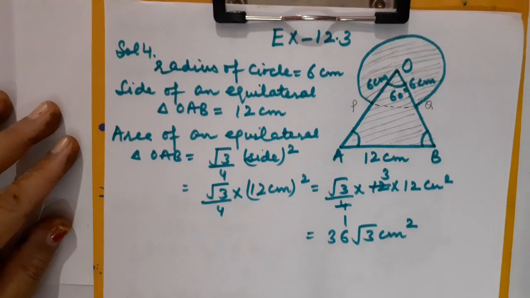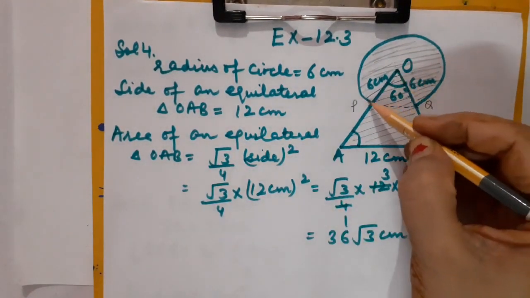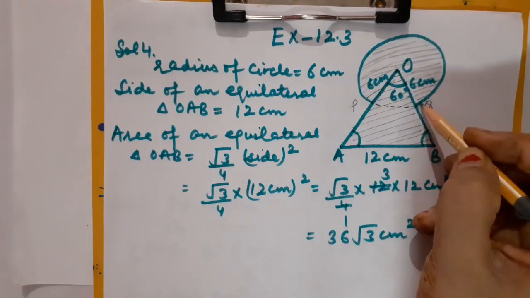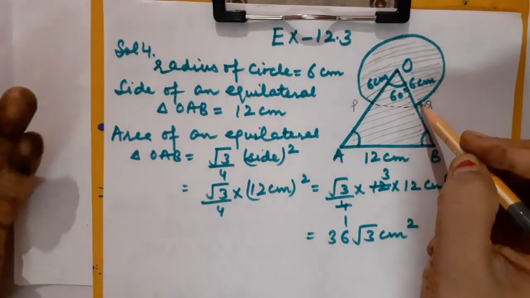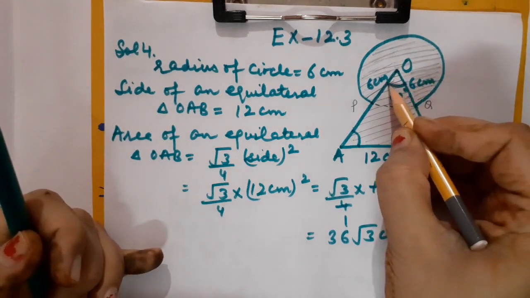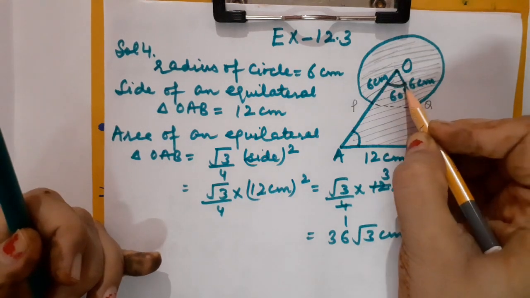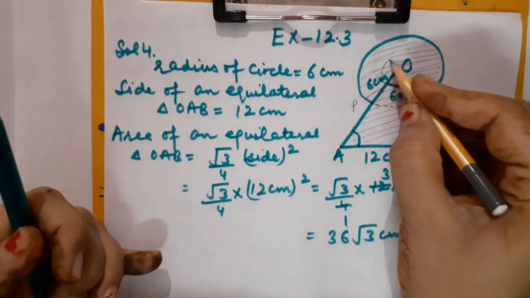Now children, just be alert. As I told you, we are going to calculate the area of the major sector. So you know the area of a sector is pi r square theta upon 360 degree. Here I have the angle of the minor sector given. That is 60 degree. And you know that the complete angle is